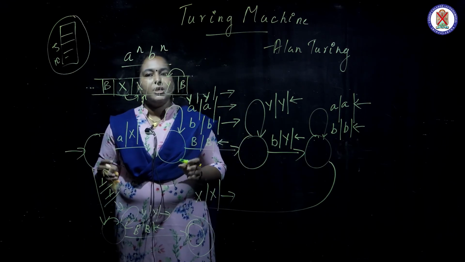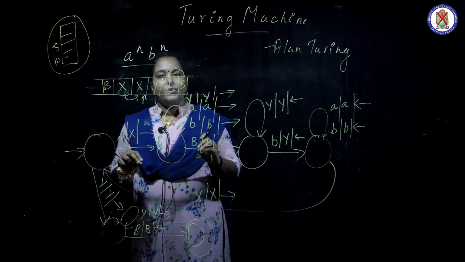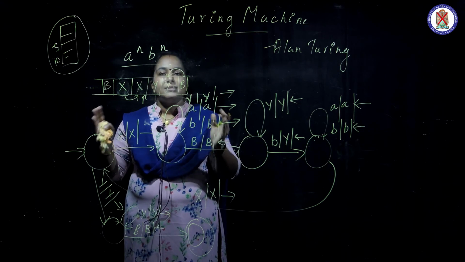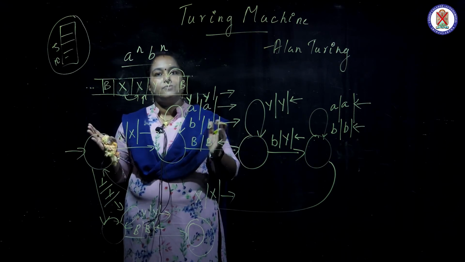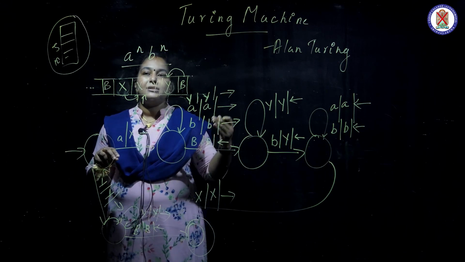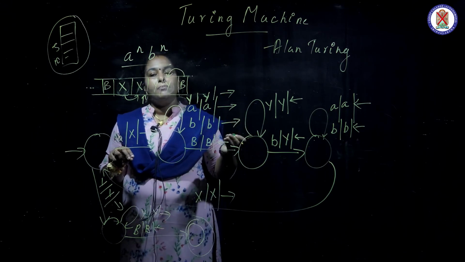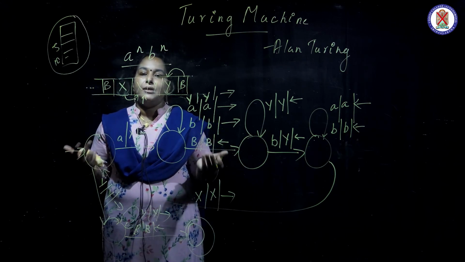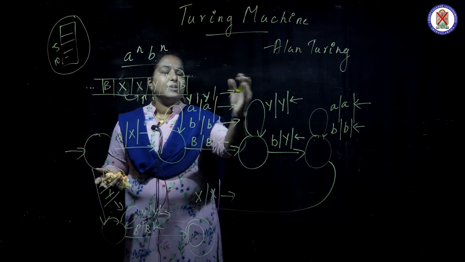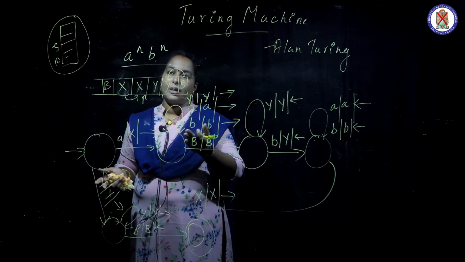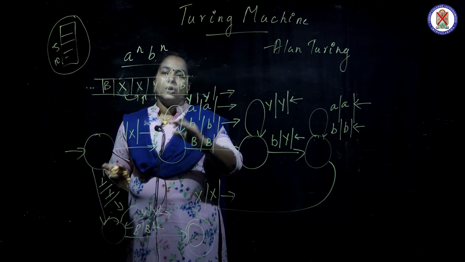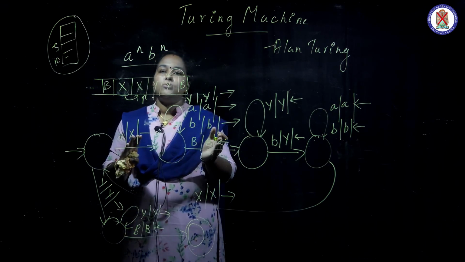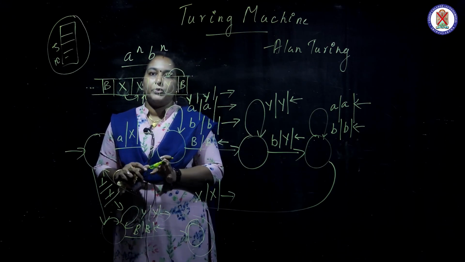Every time in a Turing machine, when you see a symbol, you make it another variable, because in a Turing machine the input tape itself serves as the memory. So you must make it some variable or some markers. Here I am using x and y. You can use z, w, anything, and you must bypass whatever is to be bypassed. You must move. Also, you must tell the Turing machine whether to move right or left. According to your instruction, the Turing machine will move. Okay, thank you.